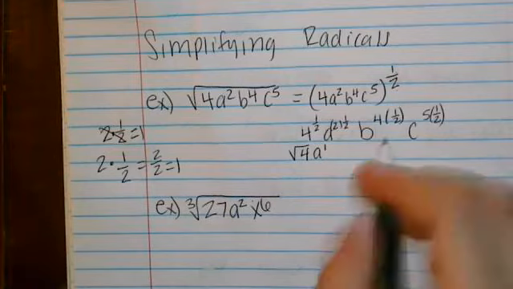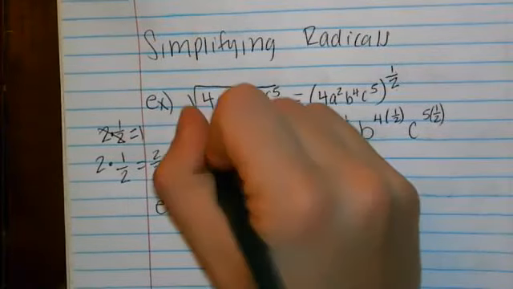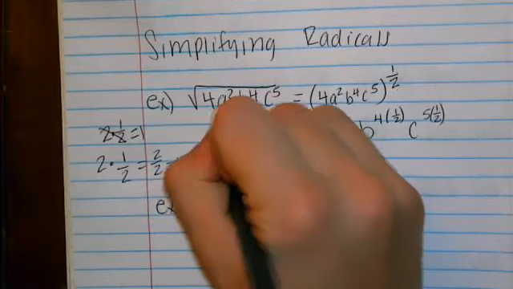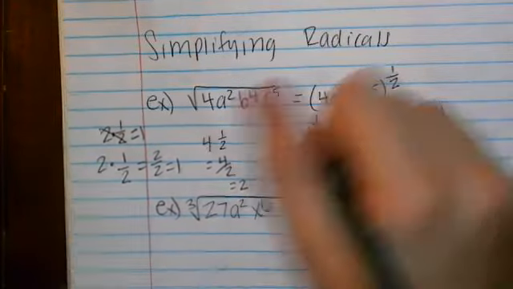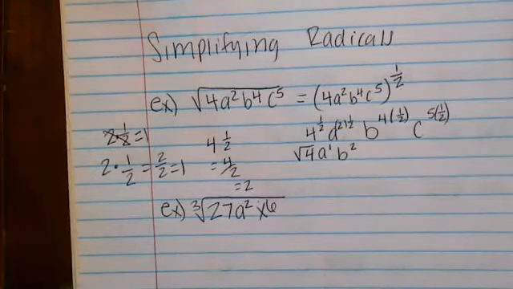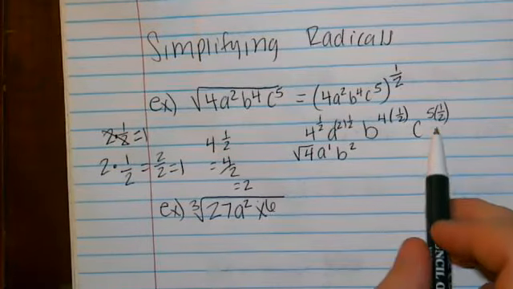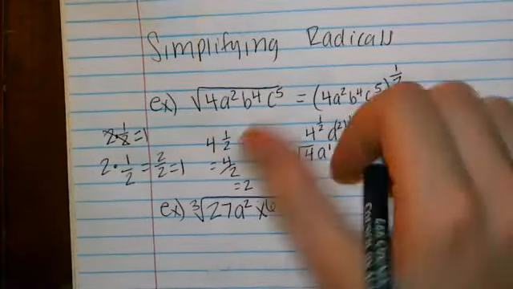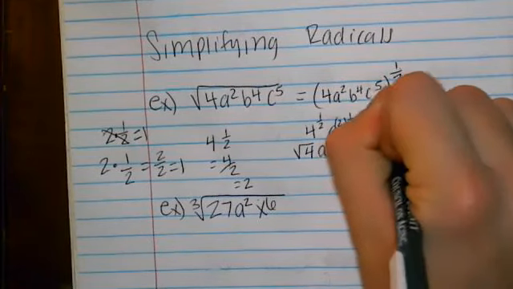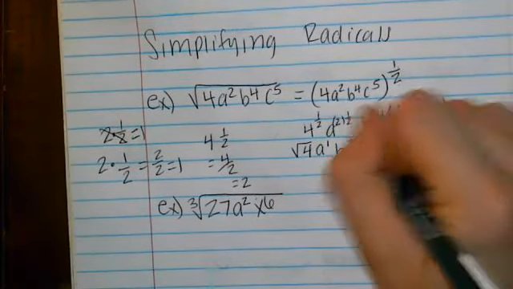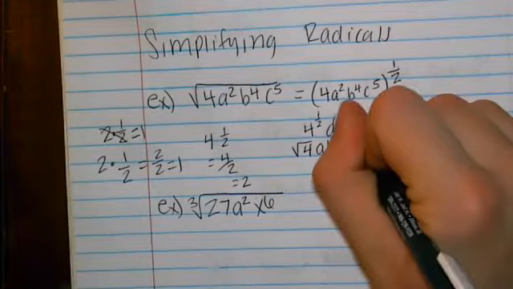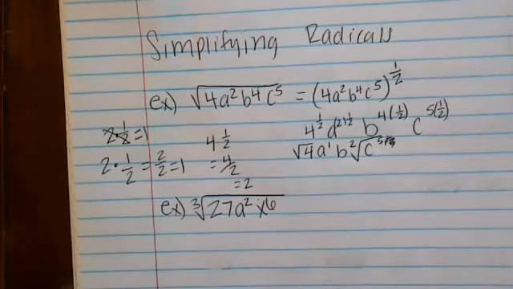Okay? What about 4 times 1/2 then? That's 4 times 1/2, which gives me 4 over 2, which just equals 2. So I get b squared. Now over here, 5 times 1/2 will be c to the 5/2, right? Which essentially we could rewrite, instead of as a rational exponent, as the square root of c to the 5th. Okay, so now we want to gather up all the things that have been put back into a radical